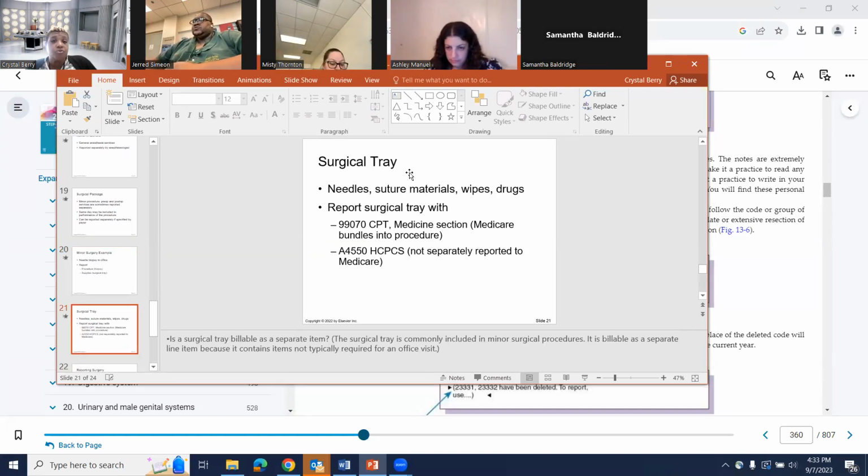So this is a surgical tray. A surgical tray consists of needles, suture materials, wipes, and drugs. That's considered a surgical tray: needles, suture materials, wipes, and drugs. You're going to report the surgical tray with